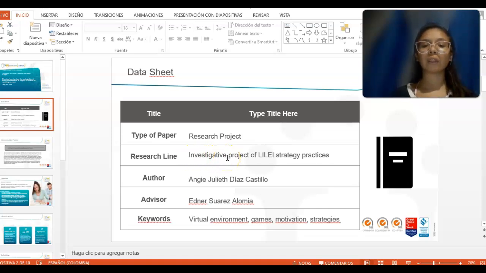The author is Juliet Diaz Castillo and the advisor is Edner Suarez Aldomi. The keywords are virtual environment, games, motivation, strategies.